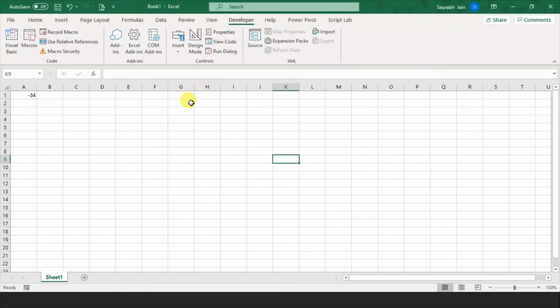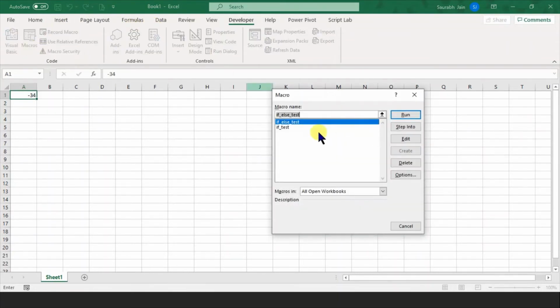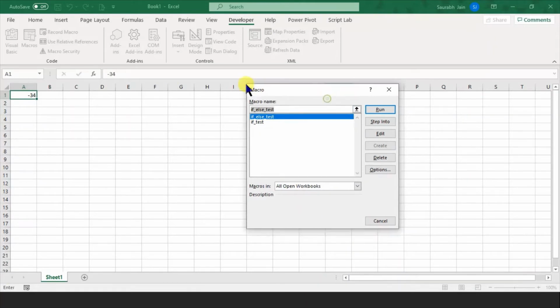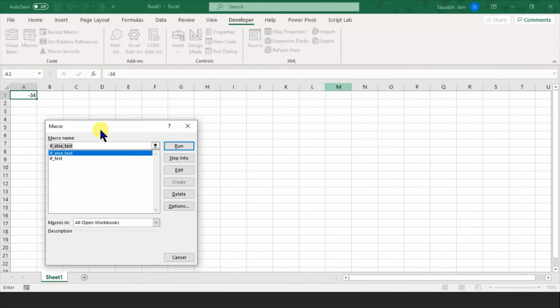So let's go to the sheet. Now this is minus 34. Fine. So I run this program. I go into macros, and now I have to run if else test. Let me keep it close so you can understand how it works.